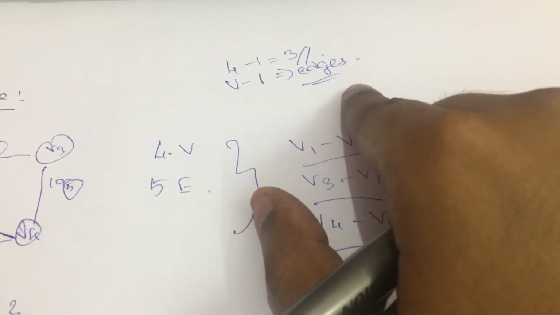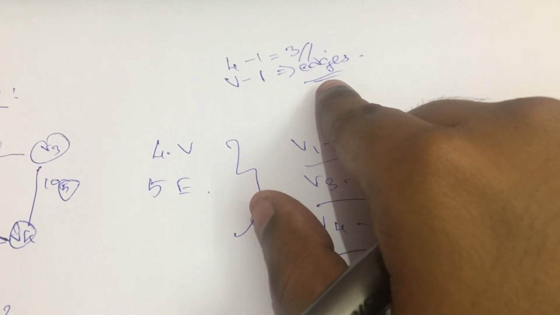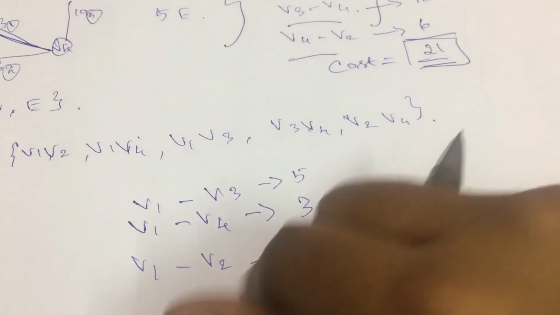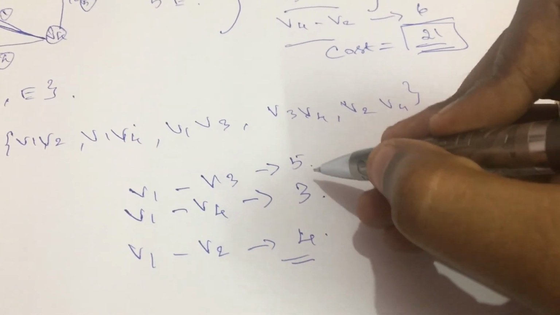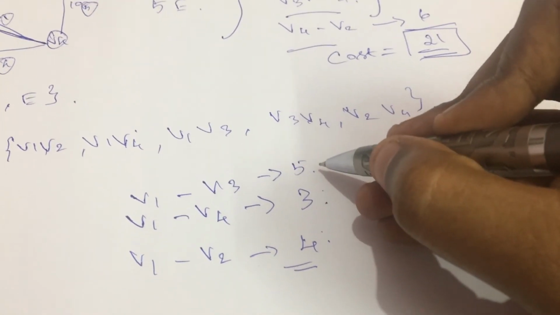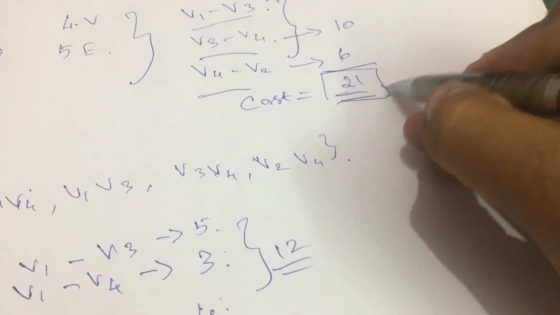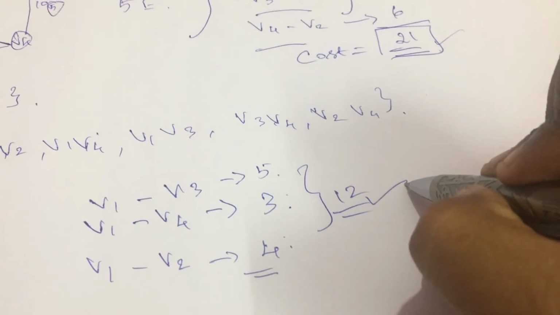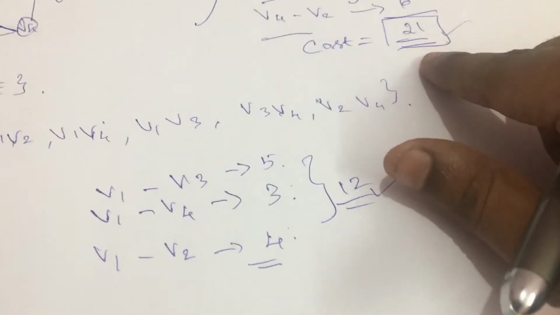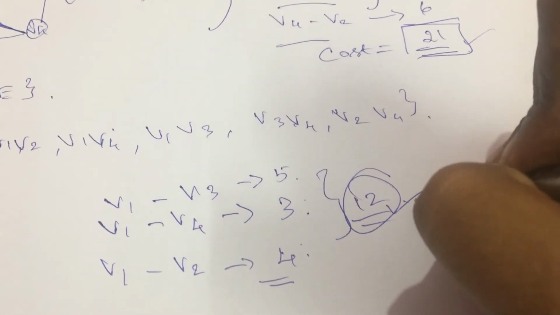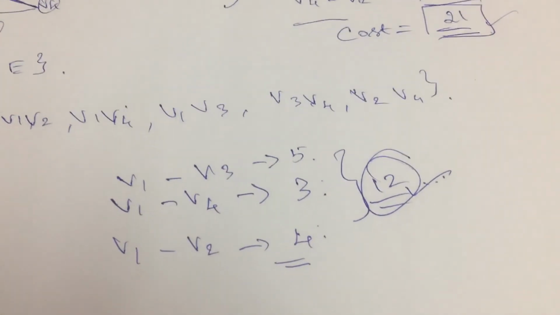Now I told you earlier that v minus 1 number of edges should be there, right? Once I receive v minus 1 edges, I should stop the loop. Here I have received 3 edges, and I have 4 vertices in this graph. So try to add the values. 4 plus 3, 7, 7 plus 5 gives us 12. In the previous case we received a final answer of 21, but here the cost is just 12. If you find the minimum between 12 and 21, it is definitely going to be 12. This is the minimum value that we can consider for a tree.